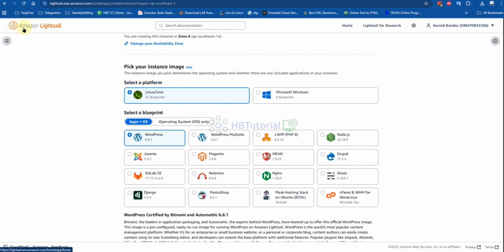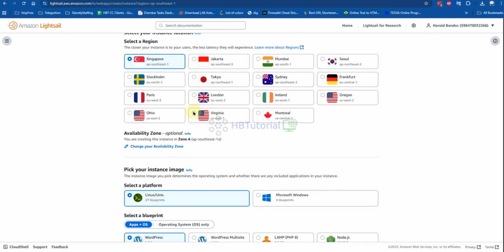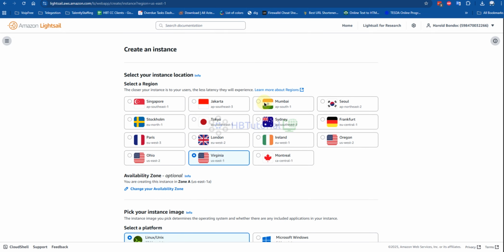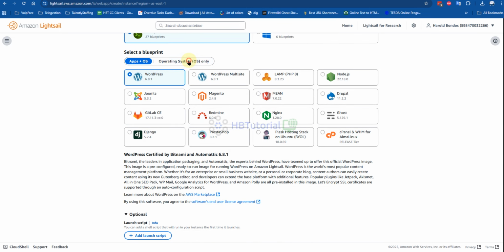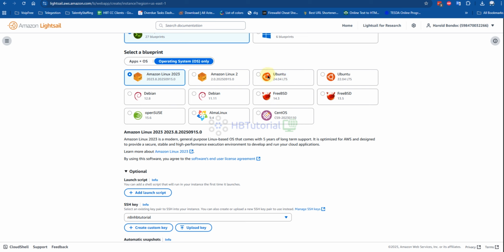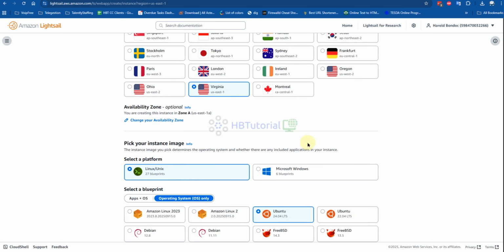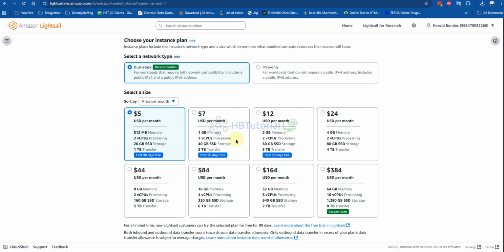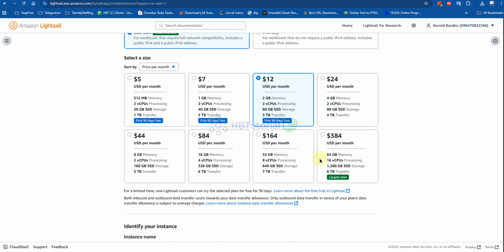Amazon Lightsail for our server. So at least we can get OS only, Ubuntu, as the server type. Let's do the $2 server for the meantime.